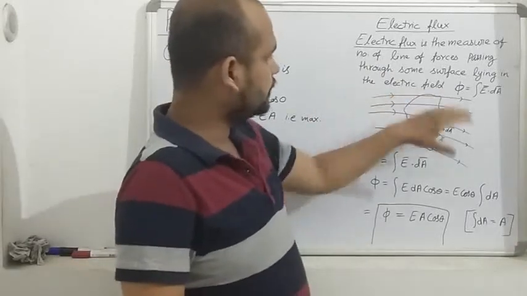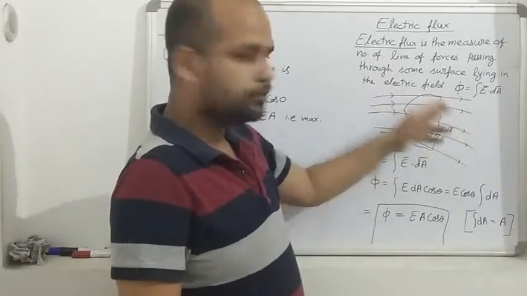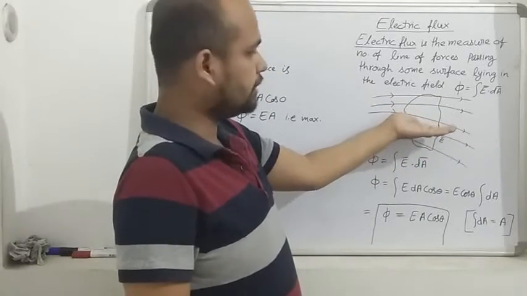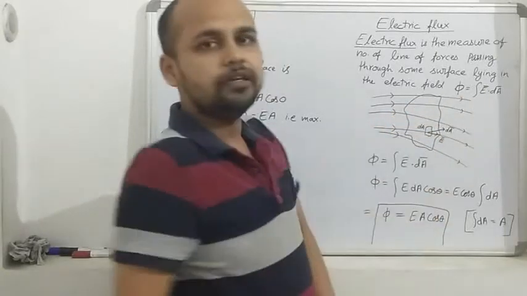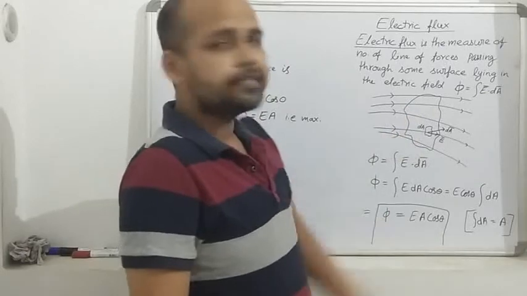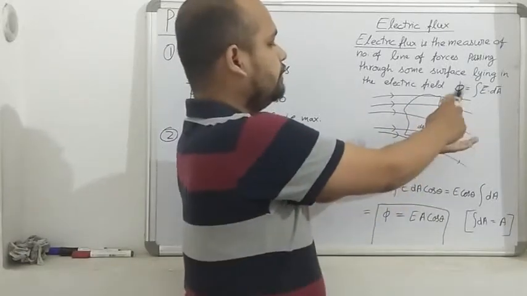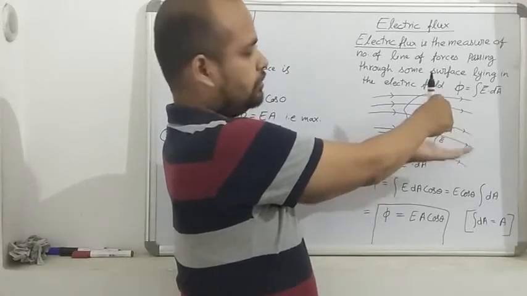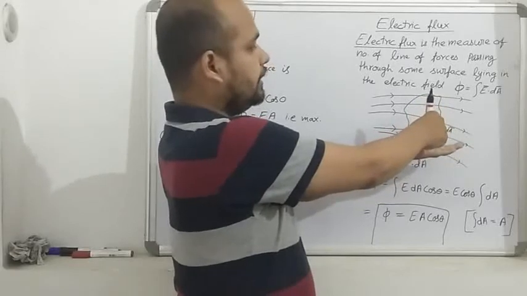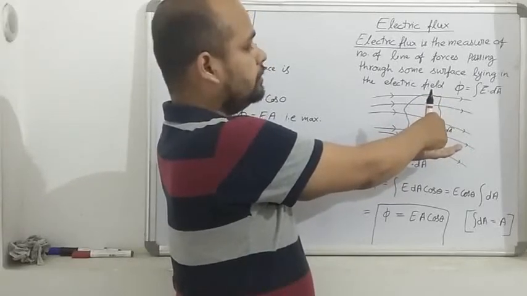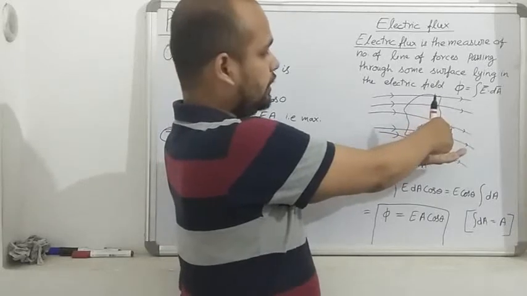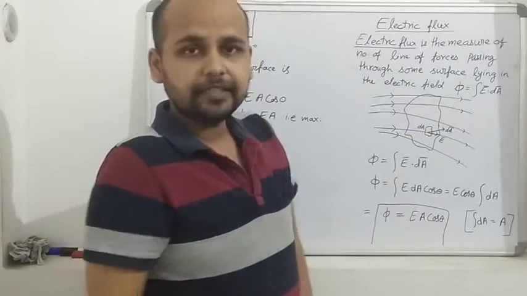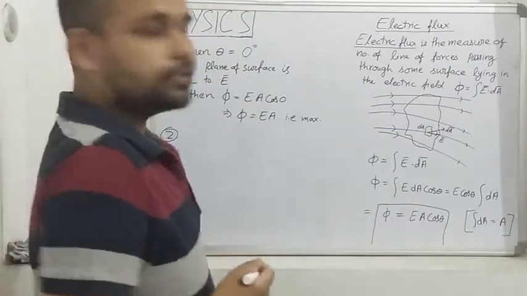Okay. Suppose this is the plane of the electric field, the whiteboard, and we have taken the surface like this. So the plane of the surface, you can see, has become what? Parallel to the plane of the electric field. Now the area vector will be acting like this. Area vector will be perpendicular to the plane of the surface. So the surface is lying horizontally, so the area vector will also be perpendicular to the surface. It means the area vector in this case will be what? Perpendicular to the electric field, and therefore the angle theta will be equal to 0 degree.